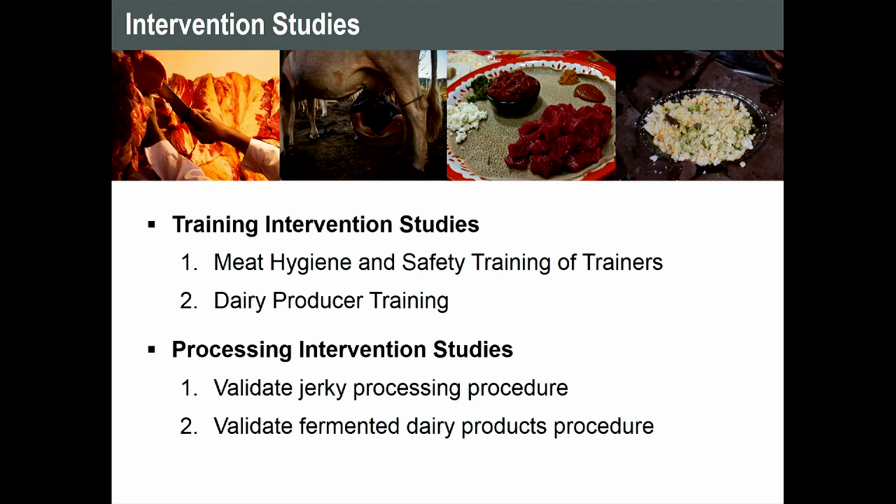We're going to do KAP surveys, knowledge, attitudes, and practice surveys, pre and post training, and we're also going to be collecting some microbiological samples pre and post training to look at the effectiveness. Then we are going to do 2 processing interventions. One, in Ethiopia, they have a product called Quanta, which is a type of jerky that's homemade. It's very high risk. So we're going to see if we can validate a jerky processing procedure, and we'll test